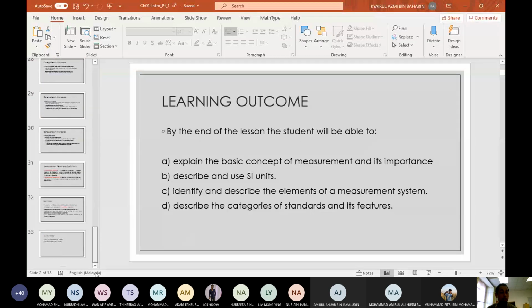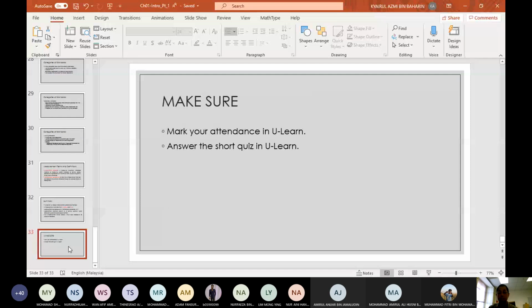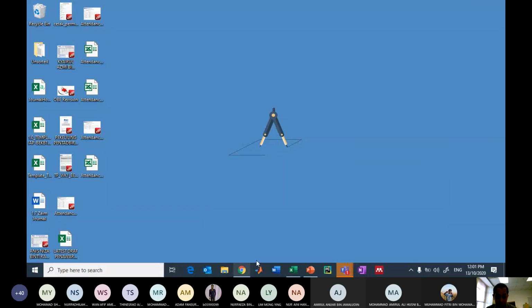So our class is finished, but before you sign off, please do the following. Log in to ULearn, mark your attendance manually, and answer the short quiz in ULearn. So if I open ULearn now,